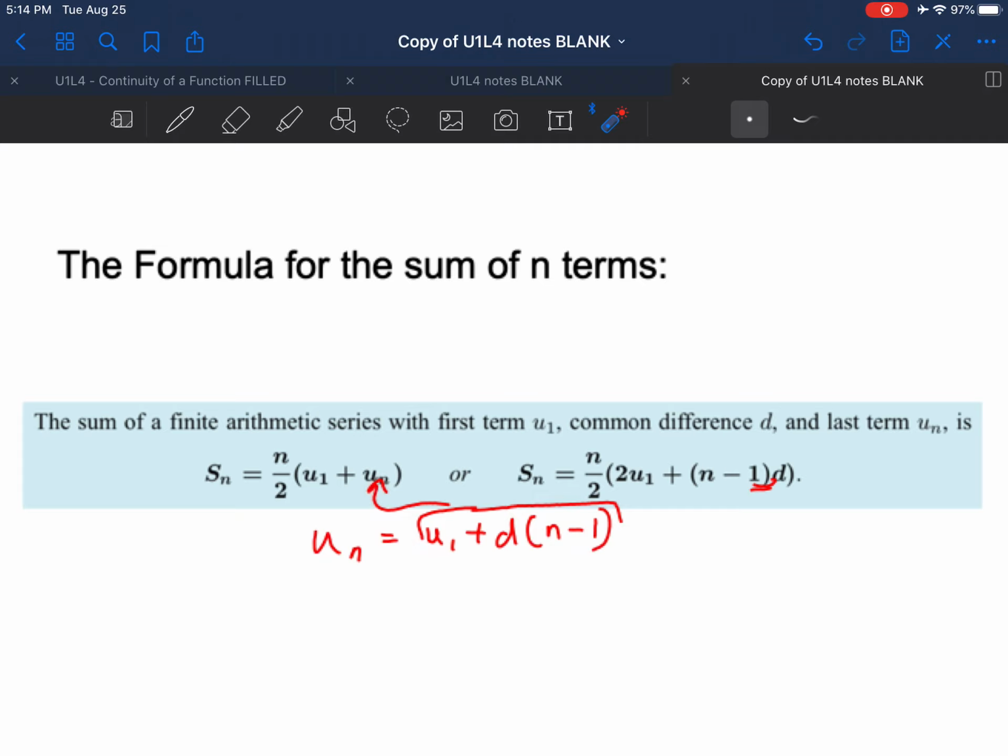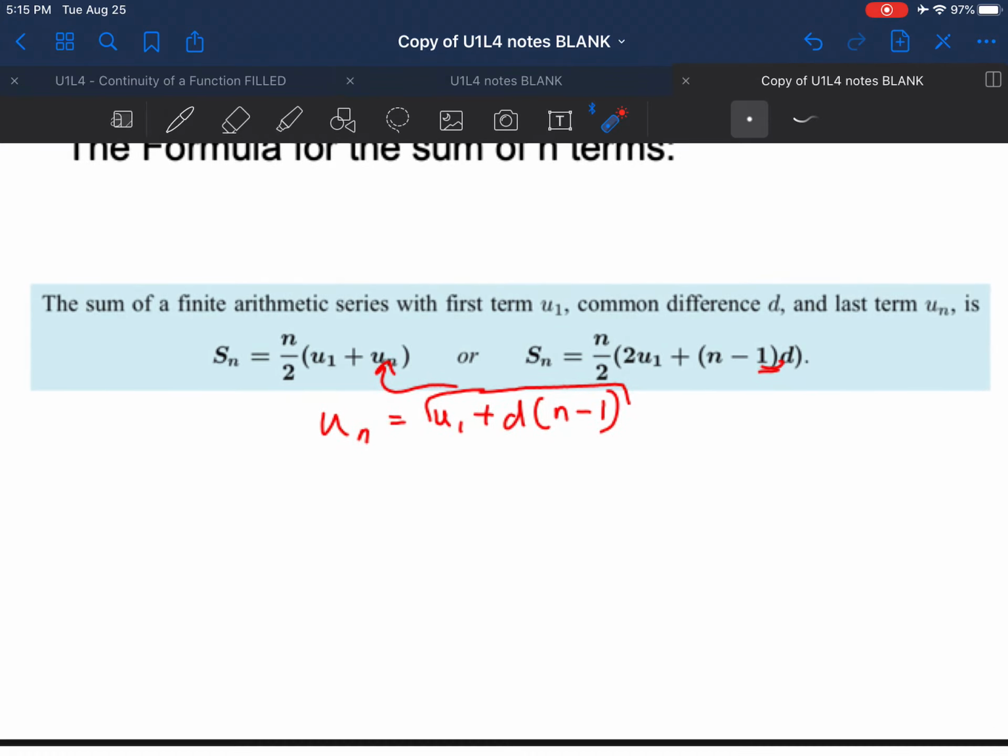Okay, now here's the thing. Sometimes we might not have the last term. And so what we can do, and you can see it written here, is that we know from before that the nth term is equal to the first term plus the common difference times n minus 1. So if we make the substitution of this expression in here, I've got u1 plus u1, which gives me 2u1, and then I have this stuff, which we've written there. So you actually have two formulas that will let you find the sum of an arithmetic series,